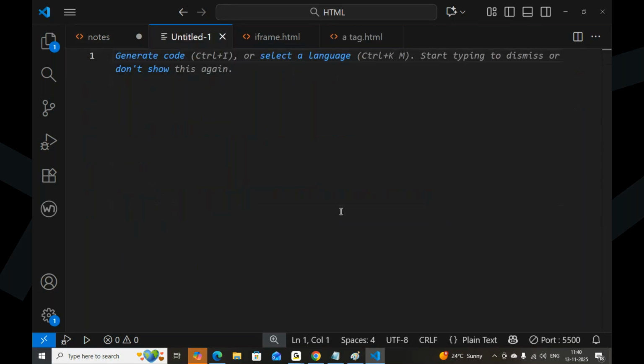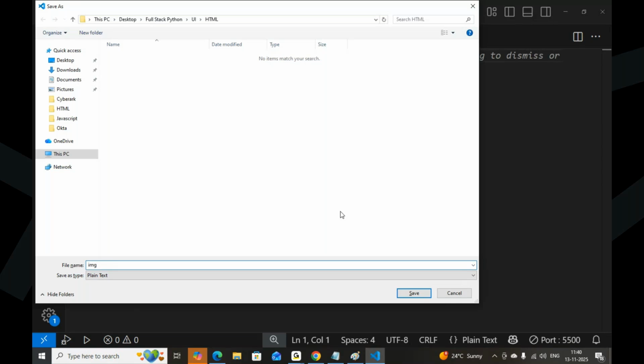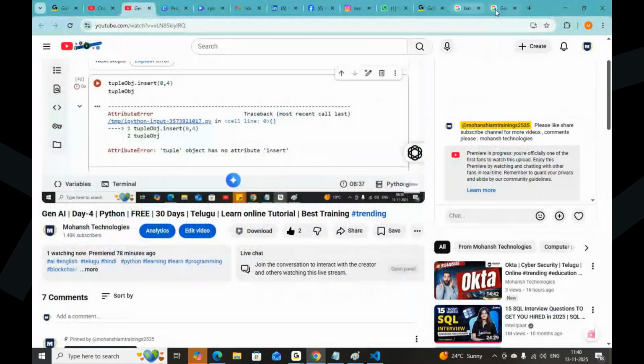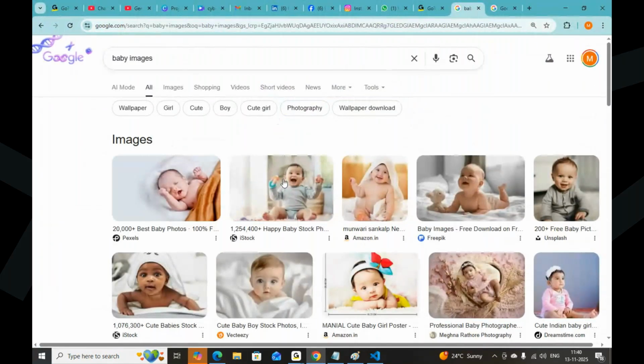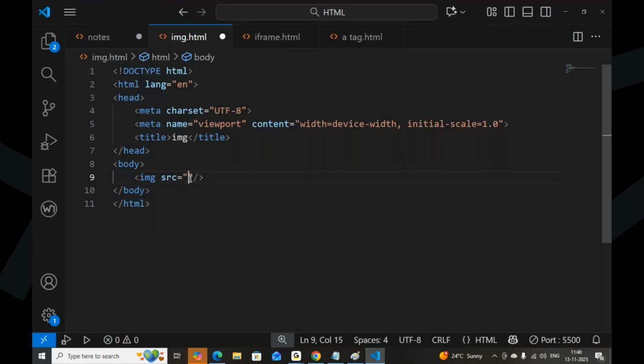Let's take a new program. Save it as img.html. IMG, SRC. That's it. SRC is the mandatory attribute here. Take any image from here, copy the image address, and paste it inside the SRC.